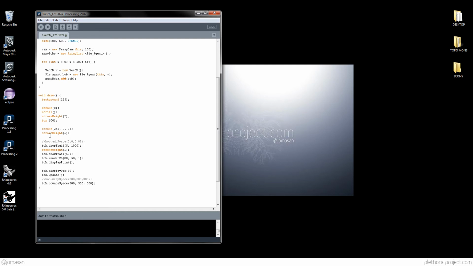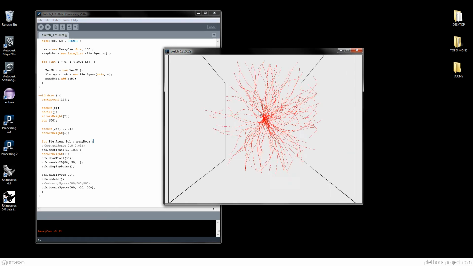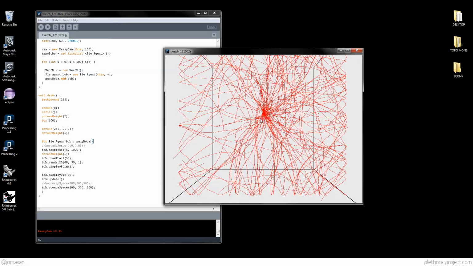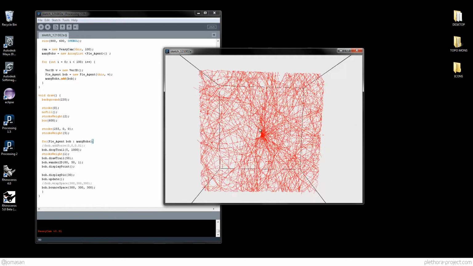Now we have to do all this stuff here for each one of the Bobs. So we're gonna do a for loop that goes like for PlethoraAgent Bob in manyBobs. So you can see now that what we're doing here is just creating 100 Bobs starting on 0 and just branching out, right? If you want to do a trail that is shorter, we could say, you know,